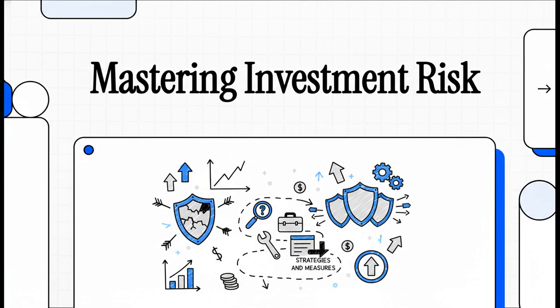Last time, we talked all about the different kinds of investment risks out there. But just spotting a risk isn't really enough, is it? You need a solid plan to handle it. So in today's explainer, Module 1.5, we're going to build that exact plan. We'll dive into the key strategies and measures for managing investment risk, so you can go from just watching the markets to being a proactive, really intelligent investor.